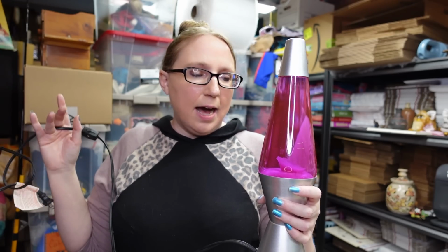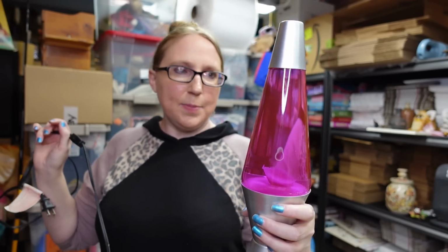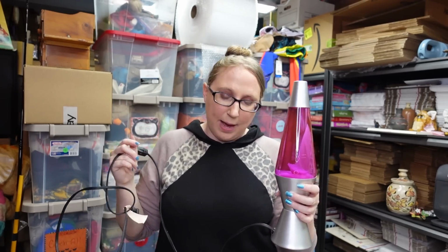$19.99. Eric and I tend to pick up lava lamps at yard sales when we can get them for pretty much $1 to $2 because some of these ones aren't really worth as much, but there are lava lamps out there that are worth good money. This one is just a pinky purple one. Probably paid $1 to $2 at most, and listed this as a buy it now for